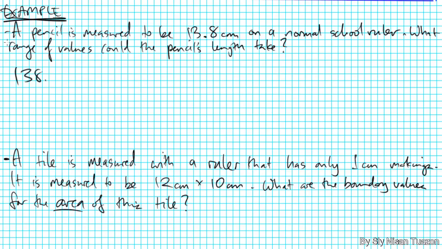138 millimeters it is, based on the measurement. And what is the smallest graduation of the ruler? Well, it's a millimeter, so it can be accurate to within half a millimeter. Okay, so